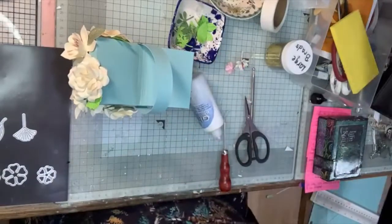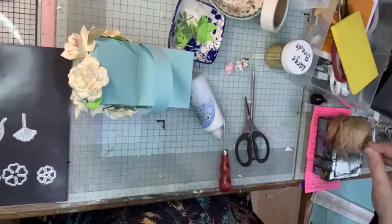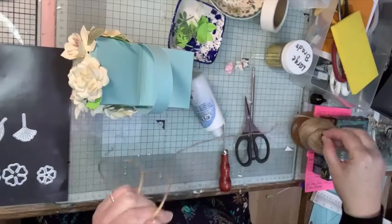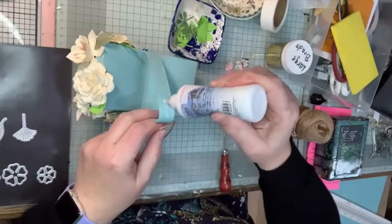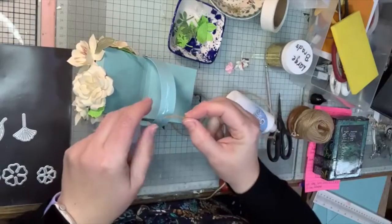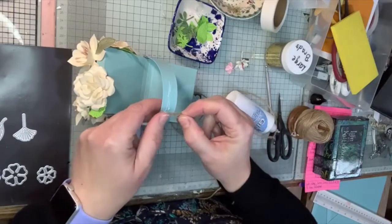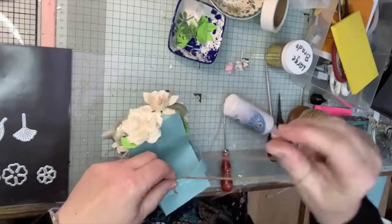I like to use a bit of twine on them because it sort of brings them back to feeling a bit more gardeny, a bit more sort of like they should be. So I tend to do a quick wrap around the handles, which is quite nice. So I hold you there for a moment, and then I just do a quick